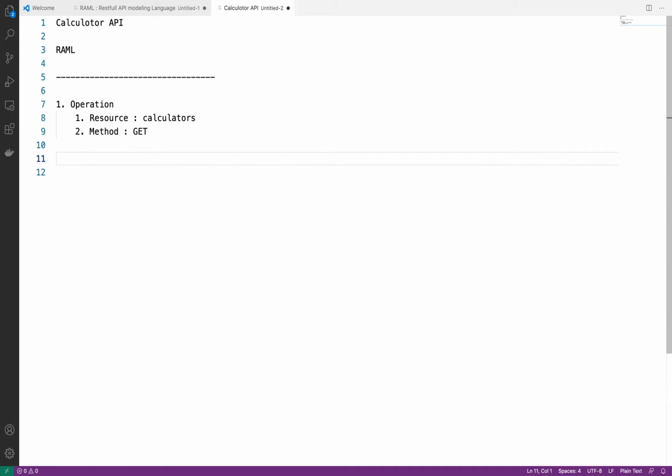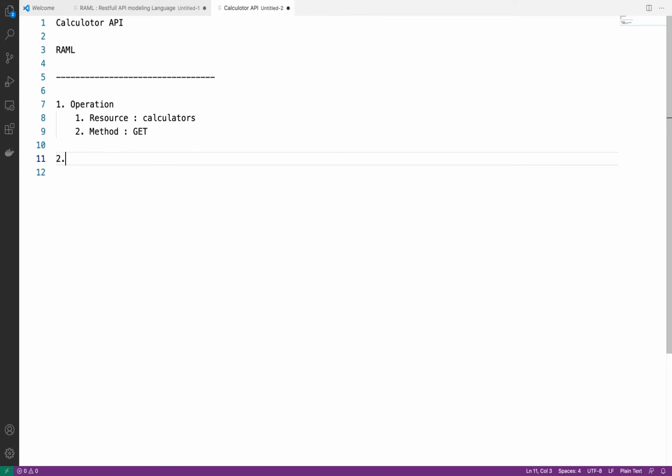Inside operation we define two things. One is based on what my REST API will do. Based on that, we need to define resource and method. So the resource will be calculators, the method will be get, since we are going to retrieve information from that API. That API will give you some resource detail.